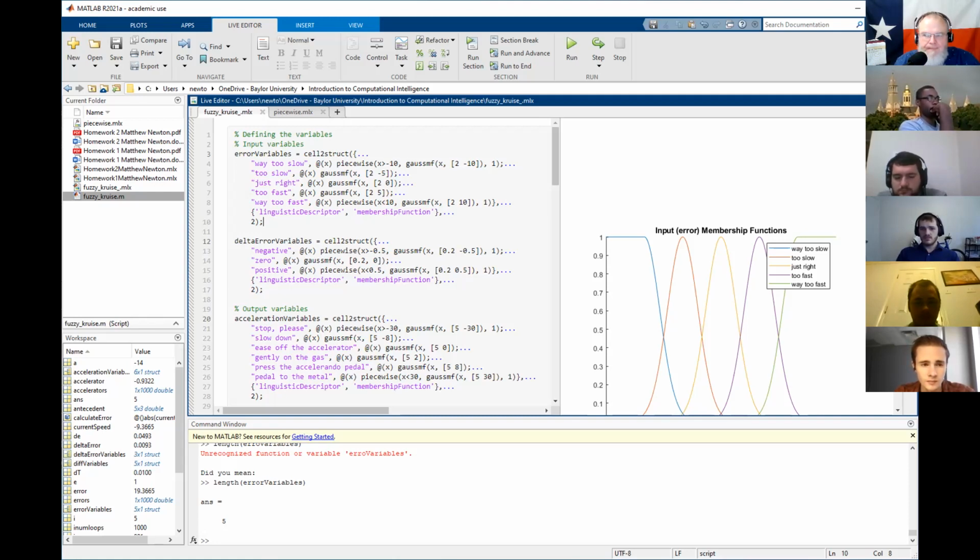Here I plot these down here. This is just some normal input. This is the difference in speeds, the current speed minus the other speed, and these are the membership functions that describe it. It says way too slow, just right, too fast, way too fast. As you can see, these go off to 1. It's a piecewise type thing. And so then we go down. I also defined